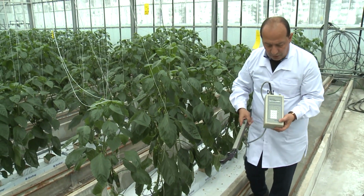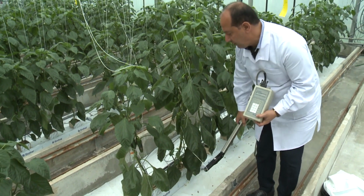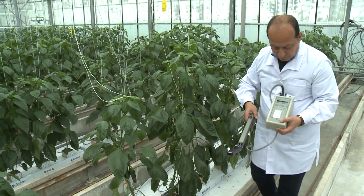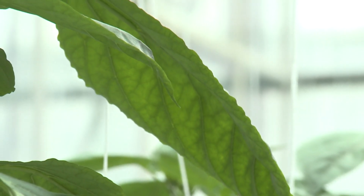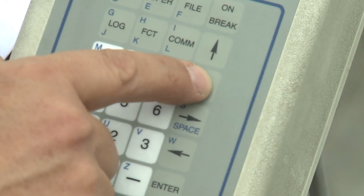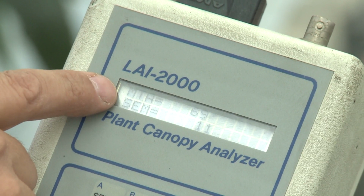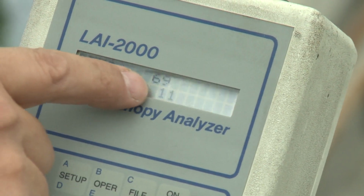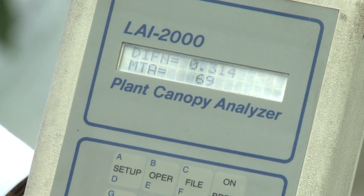And I made a protocol here that I will repeat my measurements 3 times to get better results. So now when I finished, the instrument is computing and calculating these parameters. Then we go down, we review the values, and we are looking for the MTA, which is the mean tip angle. It's 69. This is 69 degrees. And then we look for the leaf area index,